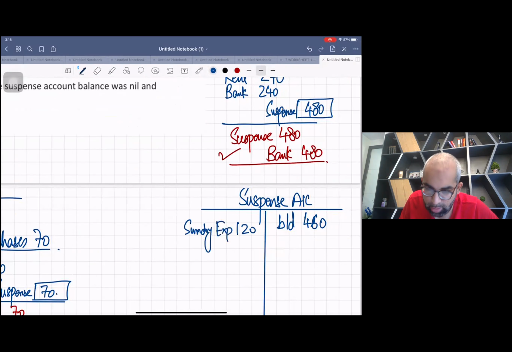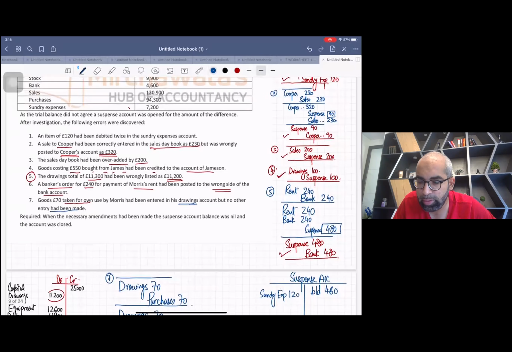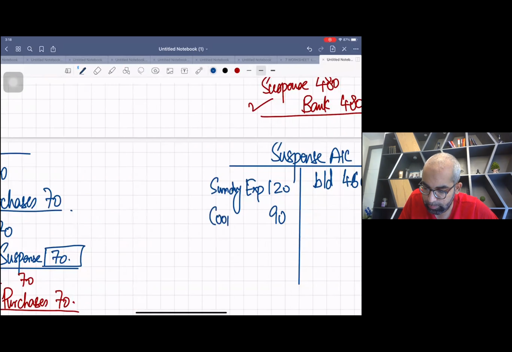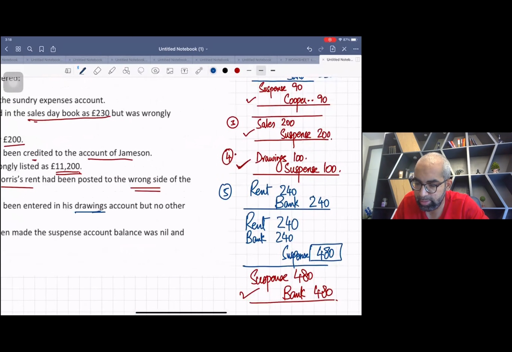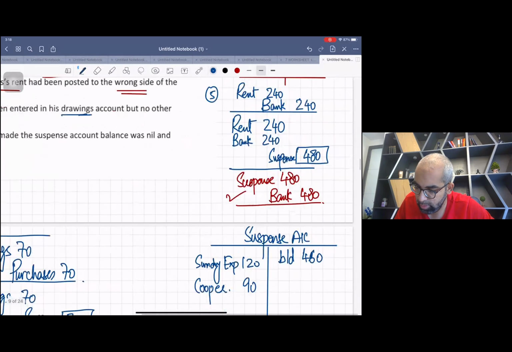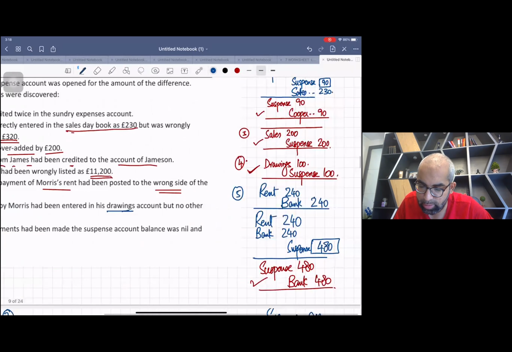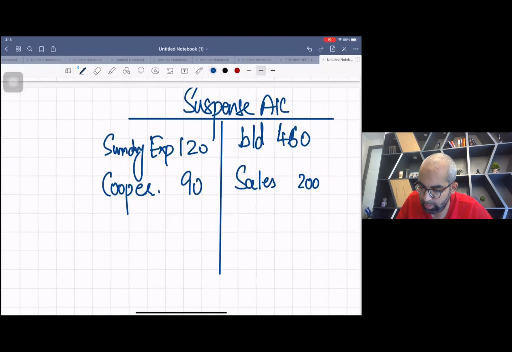sundry expense. In the second entry, suspense again debit 90, Cooper credit 90. So suspense debit, we'll write 90 Cooper. In the third entry, we have sales debit and suspense on the credit side. So we'll write 200 and here sales. In the fourth entry, drawings debit and suspense credit. Suspense on the credit side, so we'll write 100 and we'll write here